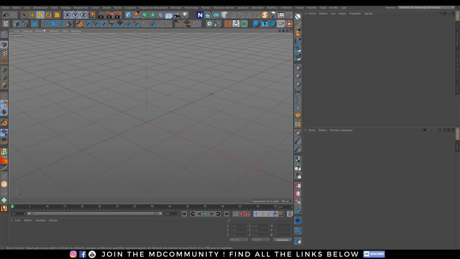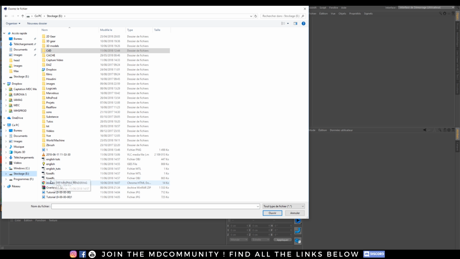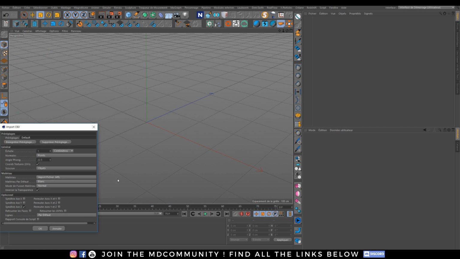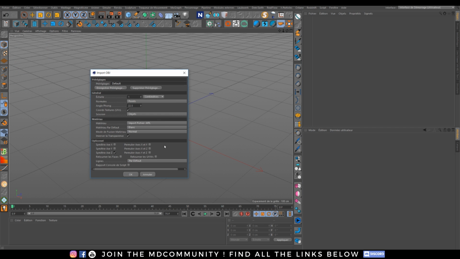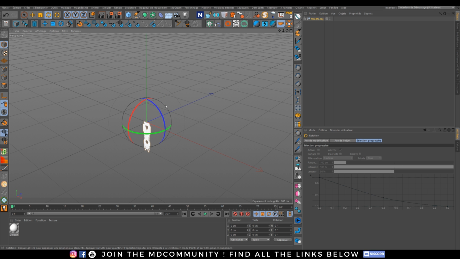I will go inside C4D and I will merge my objects. Okay, you're the bad one. Why is it taking so much time? Oh, okay. I think I have a small bug. Yes, this small window was like, no, don't open me. Okay. So you have this window. Just click OK, and you have your tool.